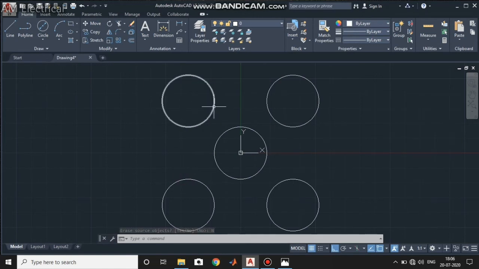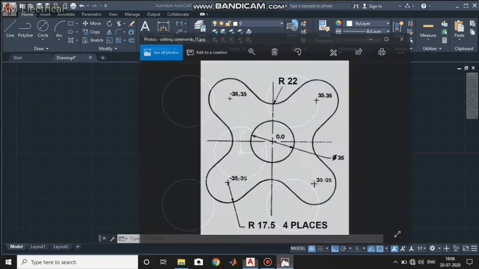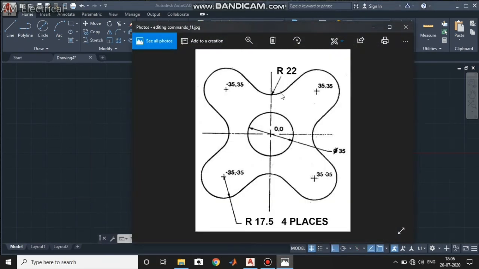Now using the fillet command we can create this type of curved line with high perfection, which we cannot perform using the arc option. The radius of this is 22, so we have to give the fillet radius.